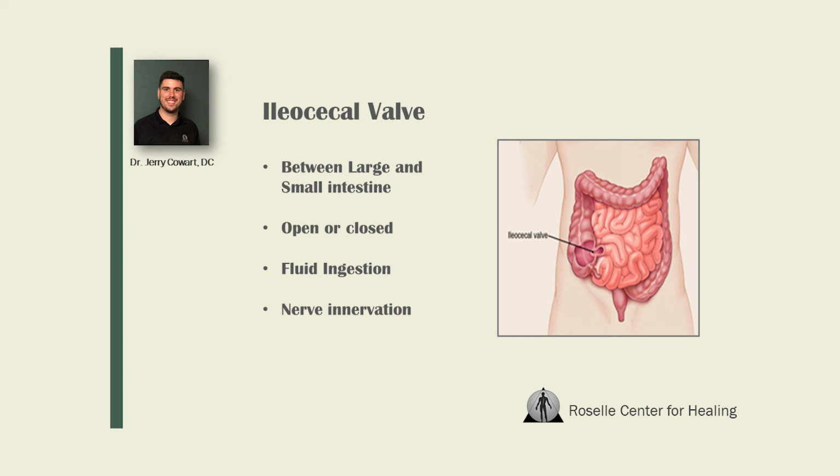And also, on a side note, a lot of the nerves that come out of the lumbar spine and the sacrum also innervate portions of the large intestine and small intestine. So again, it goes back to that subluxation base. We want to make sure that those nerves are not being impeded. That way, one, you don't have sciatica, and two, you have proper movement and ability of the intestinal tract as well. So it's kind of like everything feeds off of each other. You can't work on one without affecting the other.